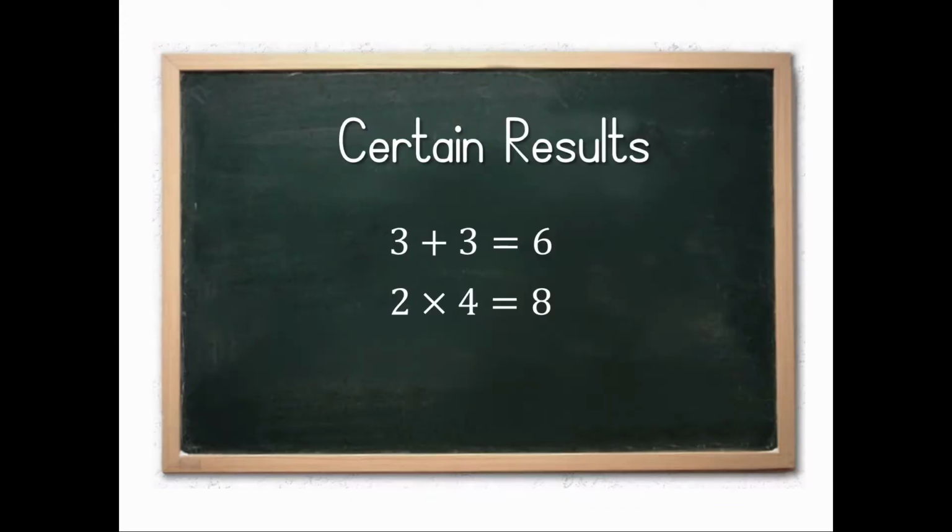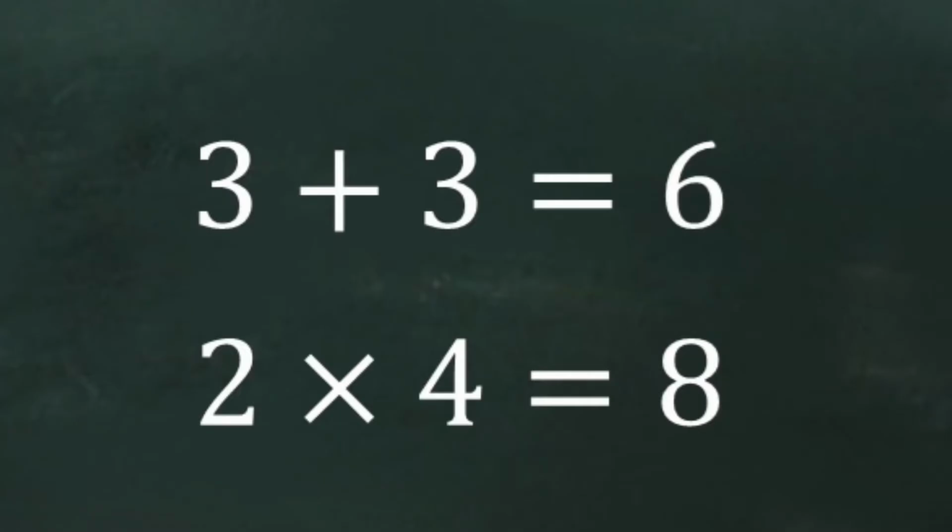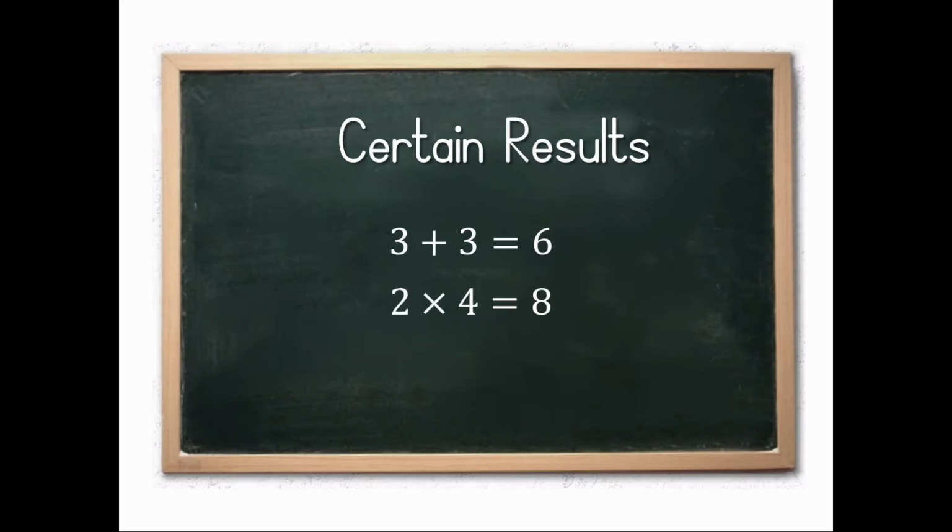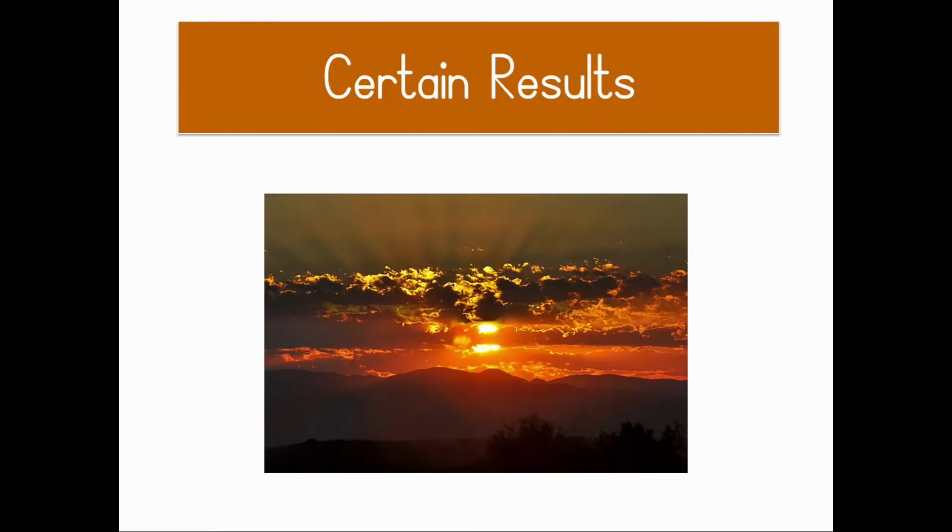Introduce the learners to this topic by reminding them that in maths, they usually learn about things that are definite. Like 3 plus 3 equals 6, or 2 times 4 equals 8. The answer to these sums are always certain. We can say they are predictable. Ask children if they can identify other examples in which the results are certain. For example, the sun will rise tomorrow, and there are 60 minutes in an hour.